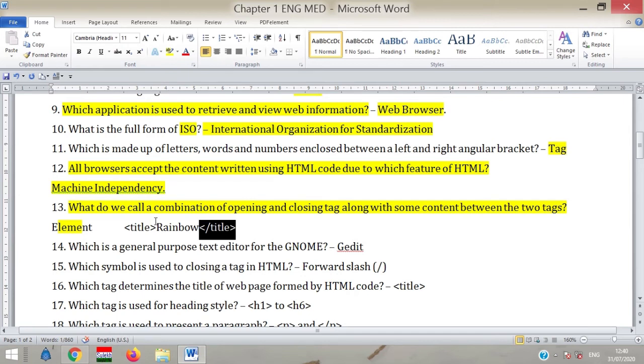Whenever we want to close the effect of the tag, we use the slash before the tag name. Between the opening and the closing tag is the content, and the whole opening tag, closing tag and content is known as an element.